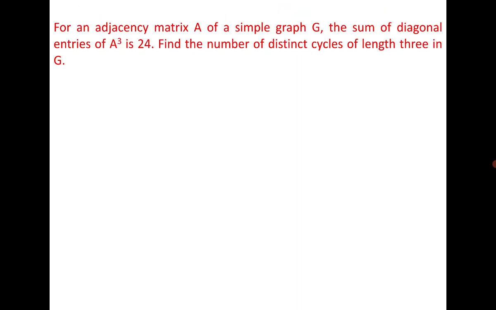The last question, and a very interesting question, says that A is the adjacency matrix of a simple graph, and the sum of the diagonal entries of A cube is 24. Find the number of distinct cycles of length 3 in G. First, recall what a diagonal entry in A cube represents. So A_ii in A cube gives you closed walks of length 3